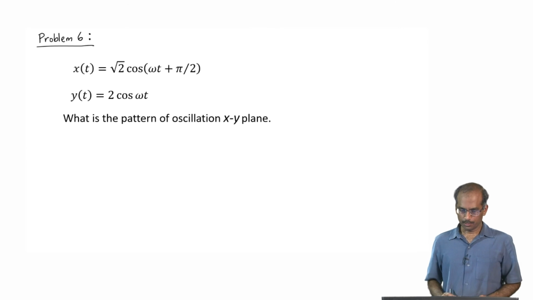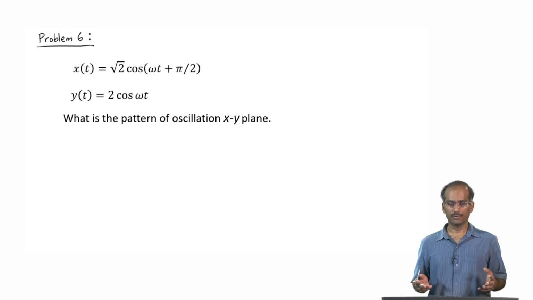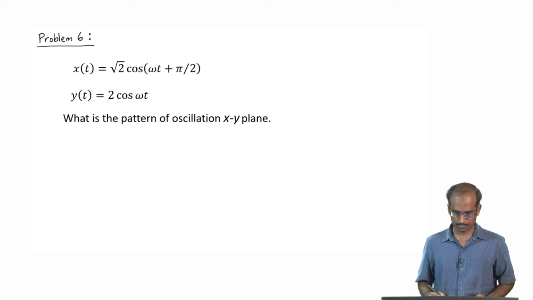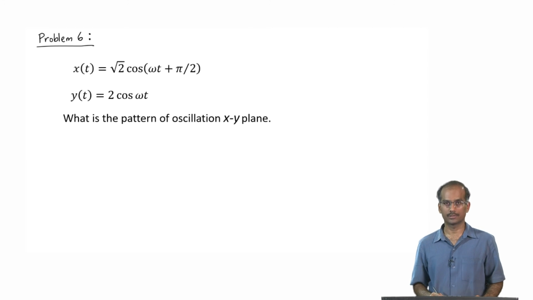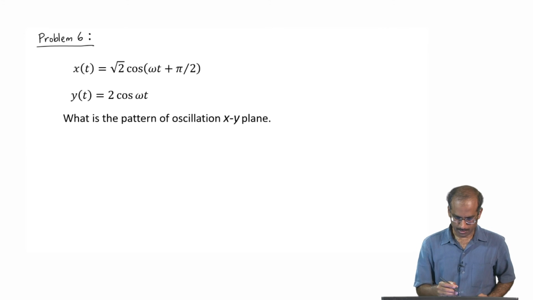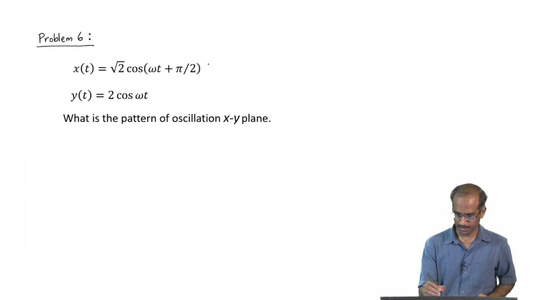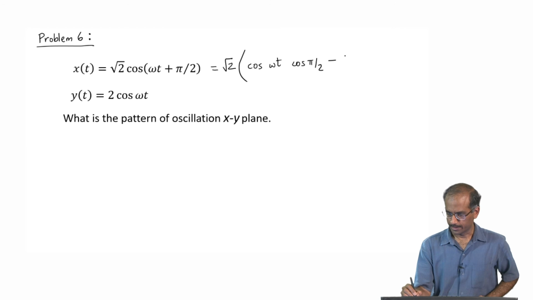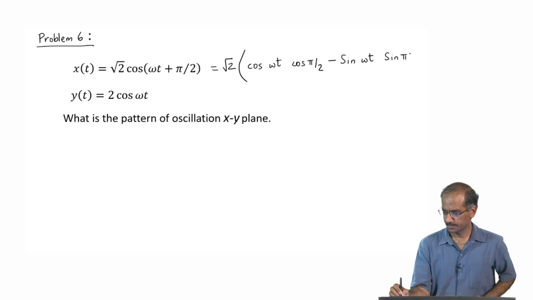The way to do it is, as usual, we want to eliminate time from these equations and plot the oscillation, and as usual let us expand the first equation. If I do that, I will get root 2 into cos omega t cos pi by 2 minus sin omega t into sin pi by 2,